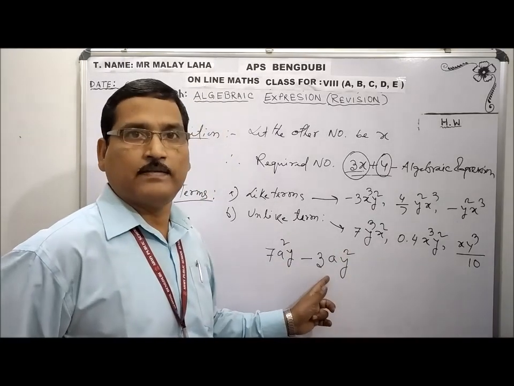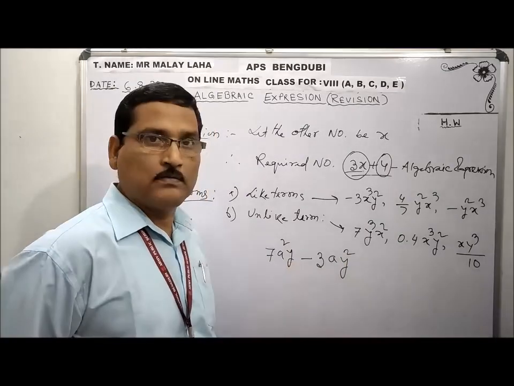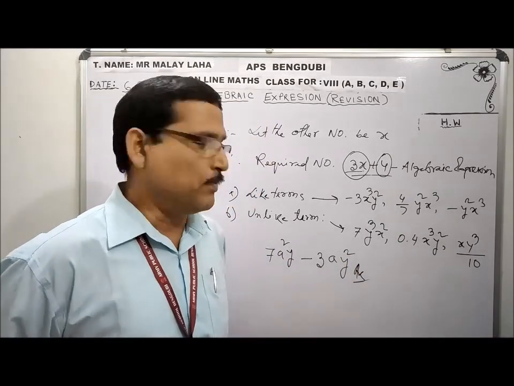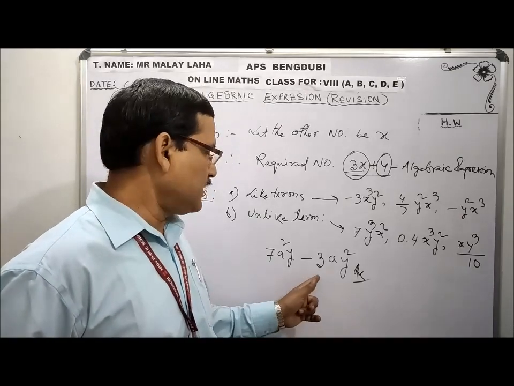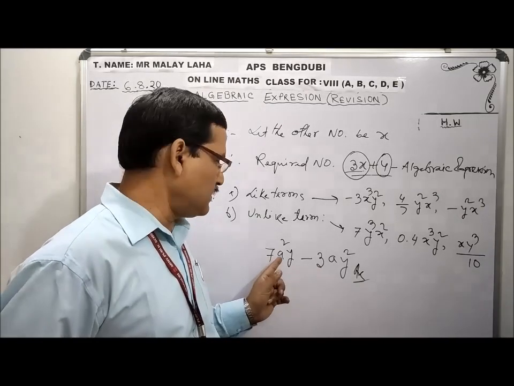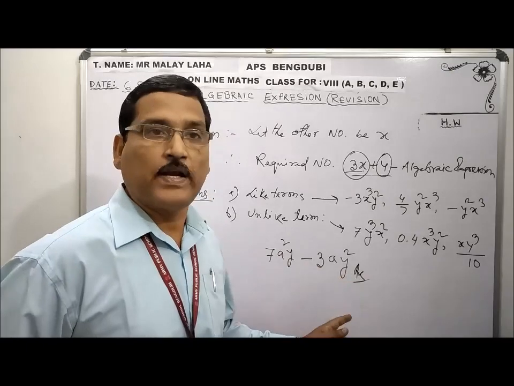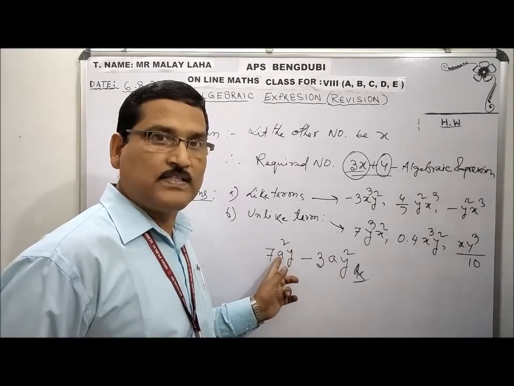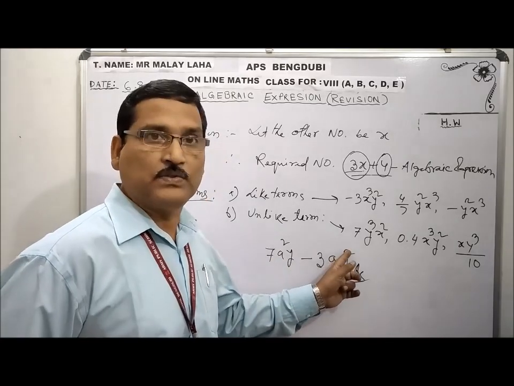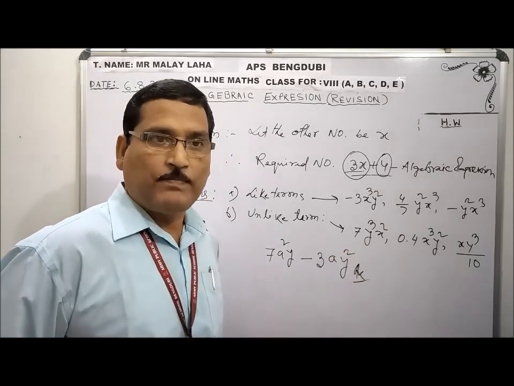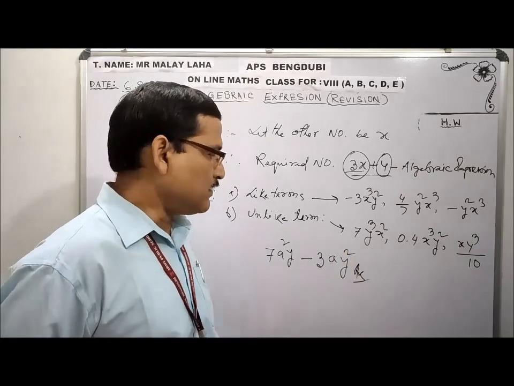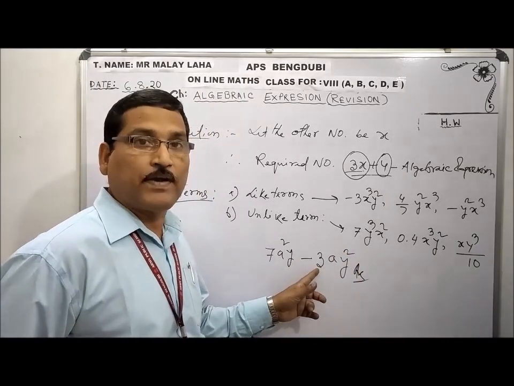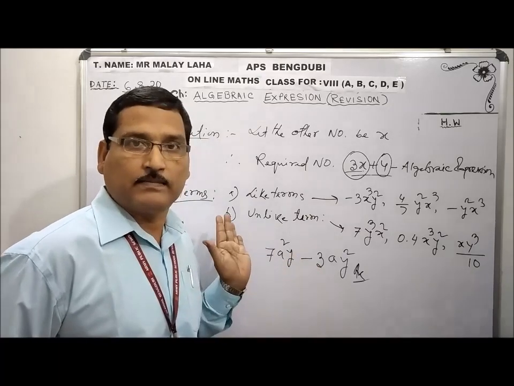These two are unlike terms. If I say, what is the result? The result is this answer. I can't minimize more than this because 3 cannot be subtracted from 7 since the terms are not like. a is there, y is there, the power of a is 2 and the power of y is 2. Okay, so the power is not matching, that's why they are unlike, and at the time of unlike terms we cannot subtract the numerical factor of one term from the other term.